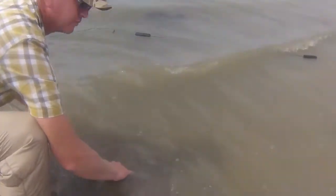We work with a shark called bonnetheads. Bonnethead is a species of shark in the hammerhead family, but it's actually very benign to humans. And it's the most common fish by weight in most Georgia and South Carolina estuaries. But yet very little is known about its biology. So we really wanted to go in and figure out what the shark is up to, what its habits are,